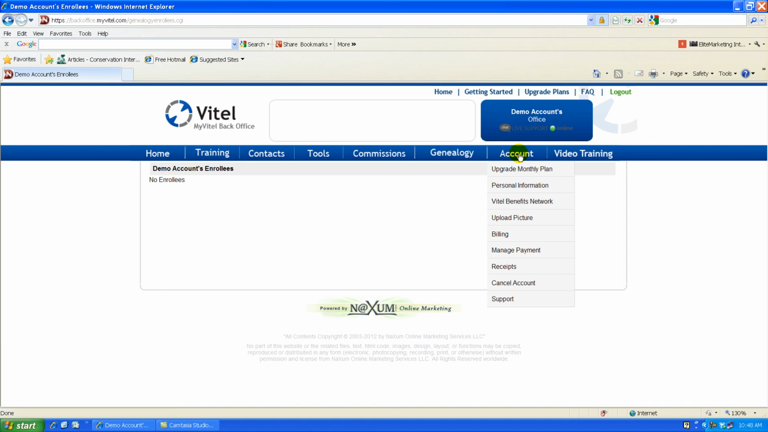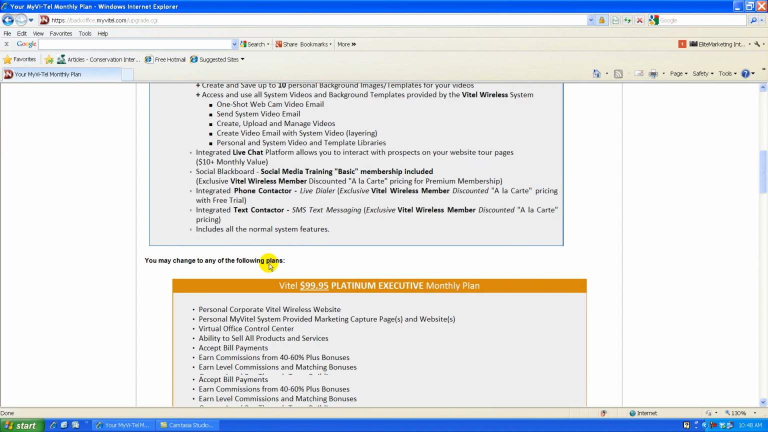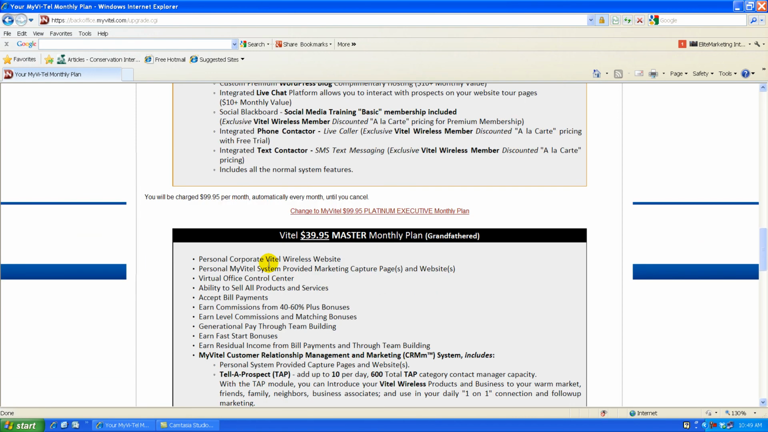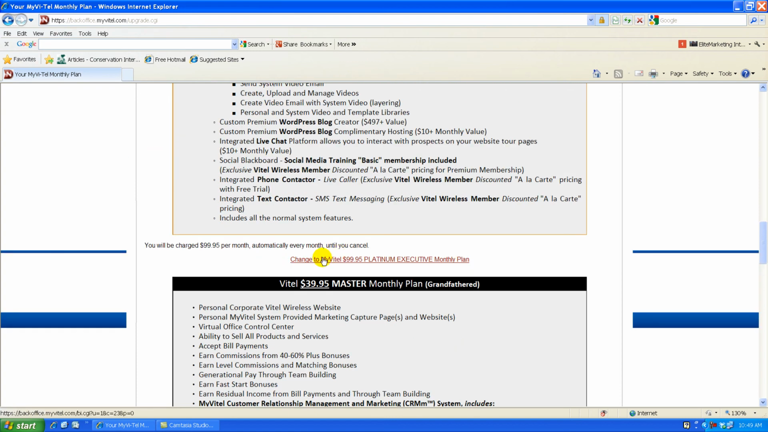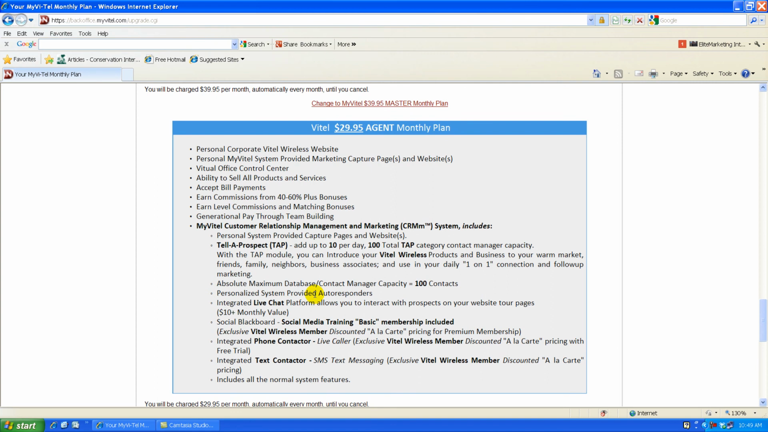Underneath your account, you can upgrade your monthly plan or downgrade your monthly plan. So whatever you are, you can upgrade or downgrade at any time by clicking on these. So if you're a master and an executive, and this is still showing master, I'm going to get that updated as well. If you're a platinum executive and you're having financial difficulties to stay,